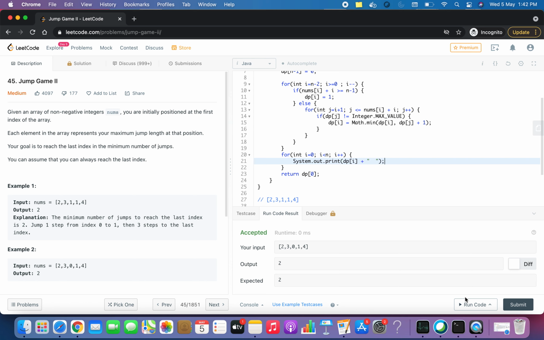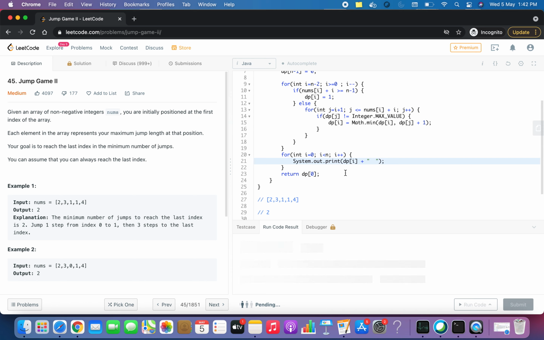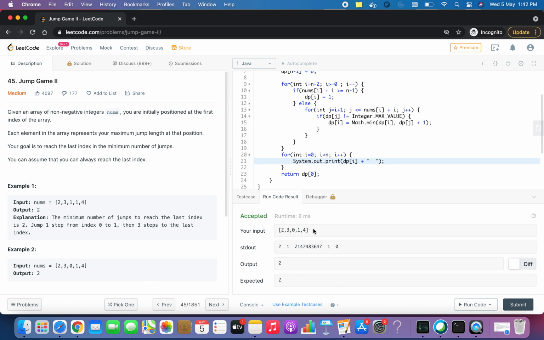See this, this is Integer.MAX_VALUE because we are not able to reach from here, and dp of 0 is 0. From here it is taking one step, that is why it is 1. From 0 we are not able to reach. From 3 we are able to reach in one step, and for the next it is the minimum of this 1 plus 1 and whatever is there in the value, so it is 2. So that is how we get this answer.